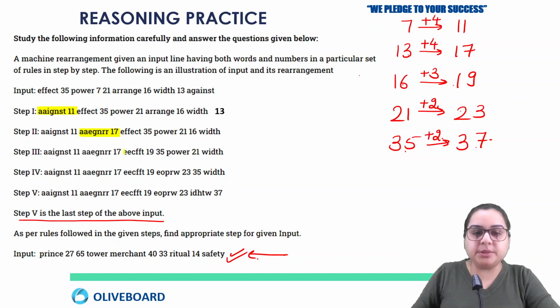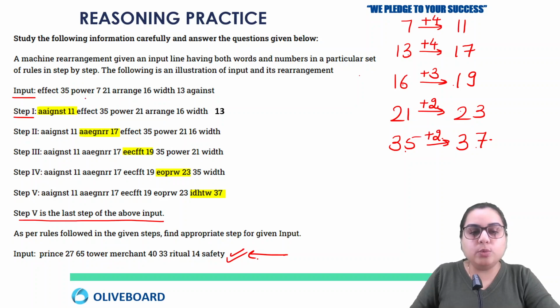Okay, in step number 3, they are arranging effect and 19. In step number 4, they are arranging power and 23. And in step number 5, they are arranging width and 37. Now this is the arrangement. So how we got to know? Because if I compare step number 1 from the input,